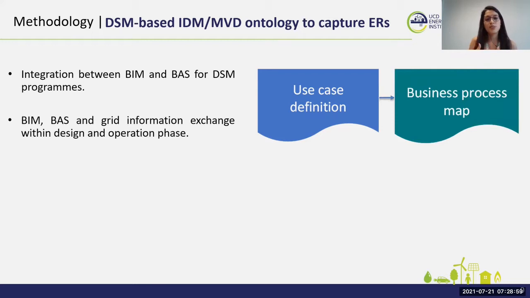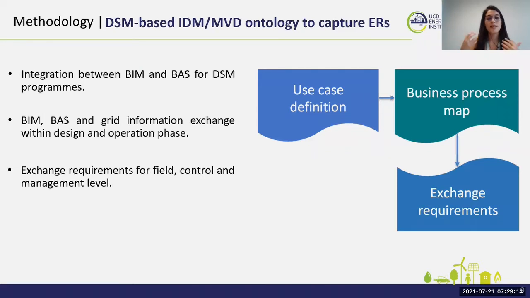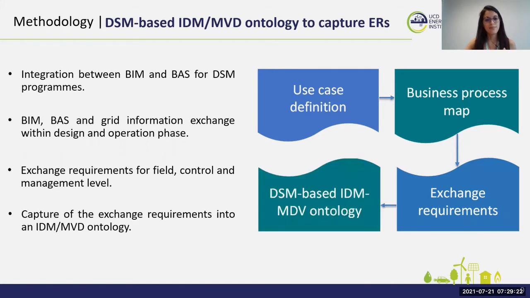In terms of business process, I will detail later on, but the idea is to represent how the information is exchanged within the BIM, BAS, and the grid domains in the design and the operational phase of the building. Then we are defining the exchange requirements in three main levels, so field, control, and management level,